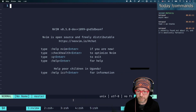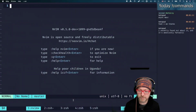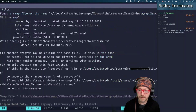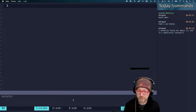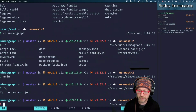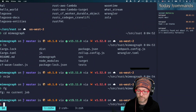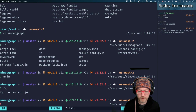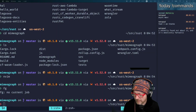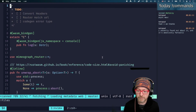I'm going to set this up in terminal 1. There we go. Getting set up. lib.rs. Oops. Let's come back over here. Let's close some of these. Just going to close the extras. There we go. All right. Now,